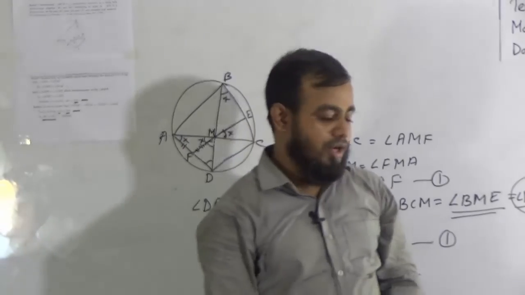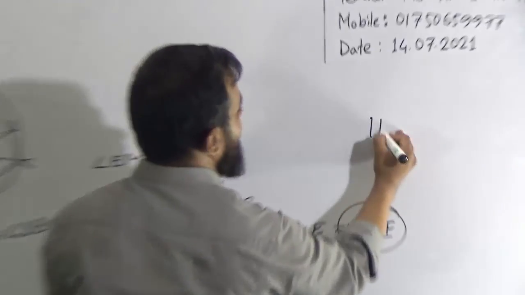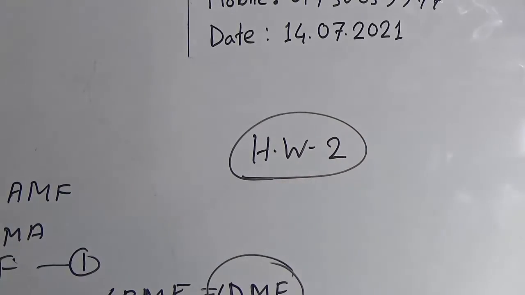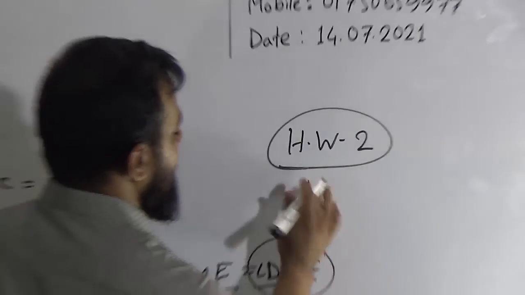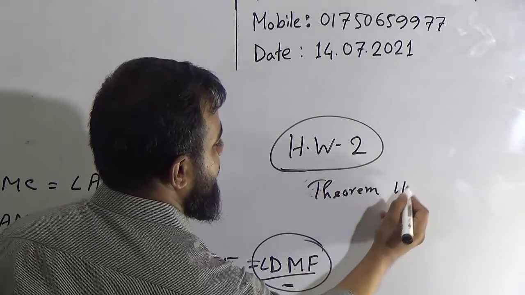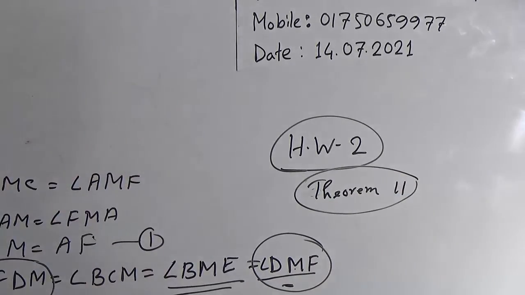Now your homework number is 2, your HW number is 2, and it is like Theorem 11. So do your HW properly and